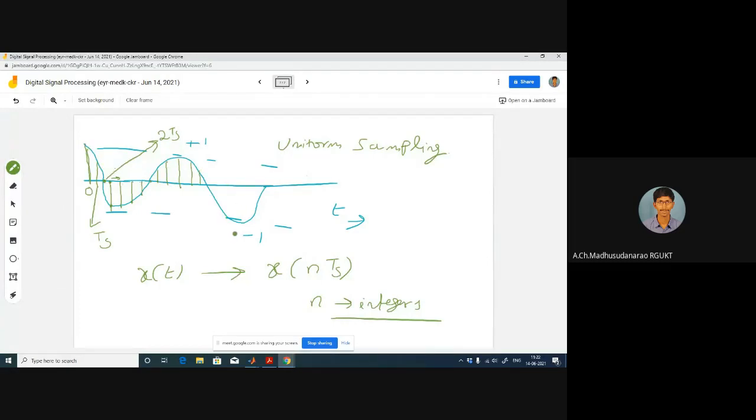If I am able to convert them into bit sequences, I can store that in my digital memory, right? That's what I am going to plan. I'll try to sample this analog signal first. After that, I'll convert that into binary format with the help of an encoder. Sampling followed by quantization plus encoding. We'll see that later.